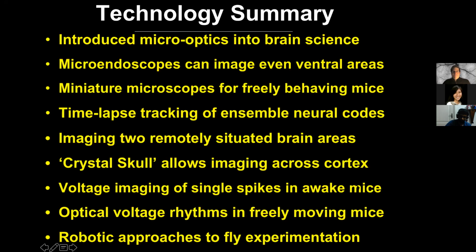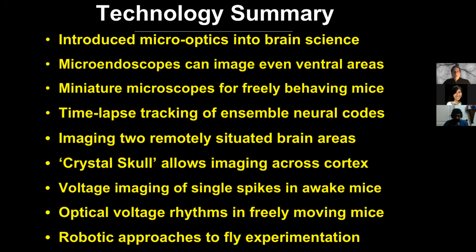microdissection-based approach. So I'm going to sum up now the different topics that I've shared with you, and I hope they give you a sense of some of the challenges that the neuroscience field has had to address and sort of where the field is at this point. So I started by talking about micro-optics and the ability to see deep in the brain. And as I said, nowadays researchers are using this even in ventral portions of the mouse brain and applying it to other species. I discussed the miniature microscopes, which can be used to examine freely behaving mice,